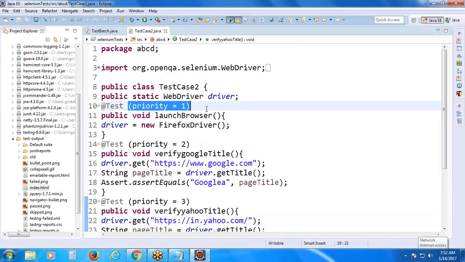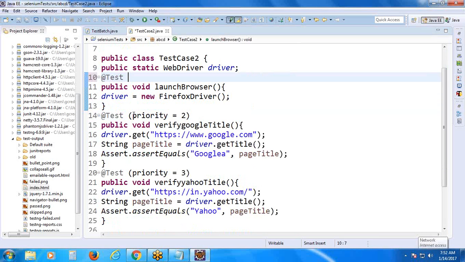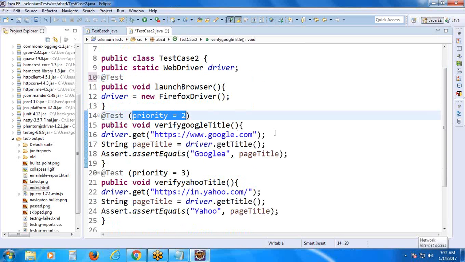Which one is the first case? Launch browser. Leave it, it will execute. For the second case, which one does it depend on? Launch browser. See, dependsOnMethods equals, within double quotes,